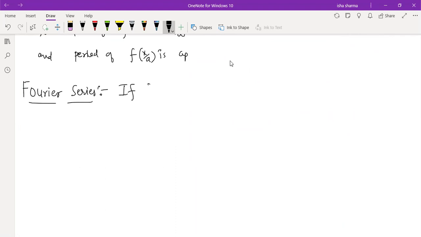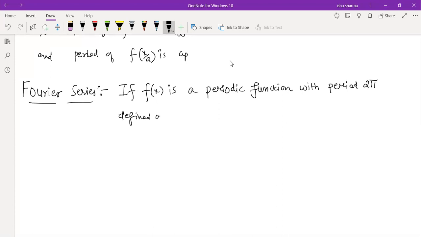The first condition for writing a Fourier series is a periodic function. If f(x) is a periodic function with period 2 pi defined on minus pi to pi,